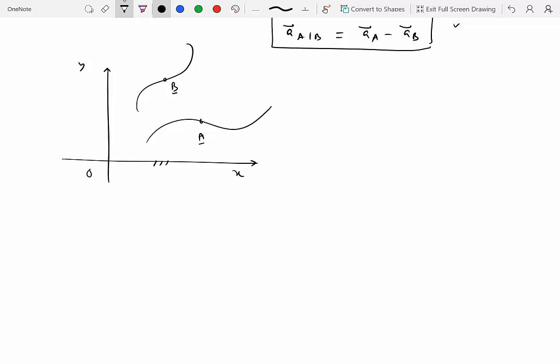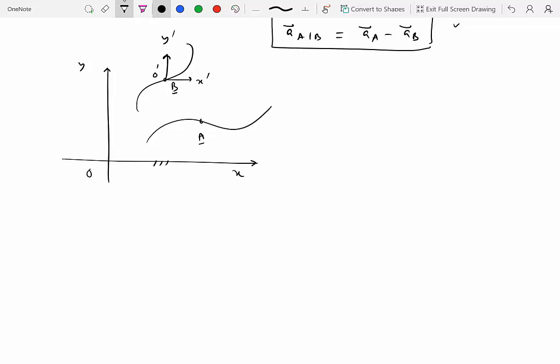And then we have another reference frame attached to B, okay? And we'll call it small o, and then x prime and y prime, right? Maybe we can call it O prime. And this reference frame that is attached to B is supposed to be a translating reference frame. So by definition, when something is translating, it is not changing its orientation, or in other words, it's not rotating,